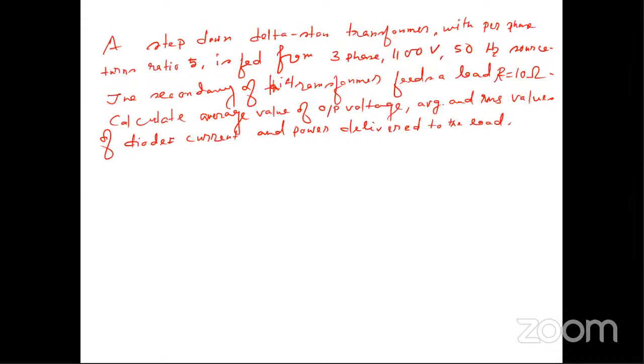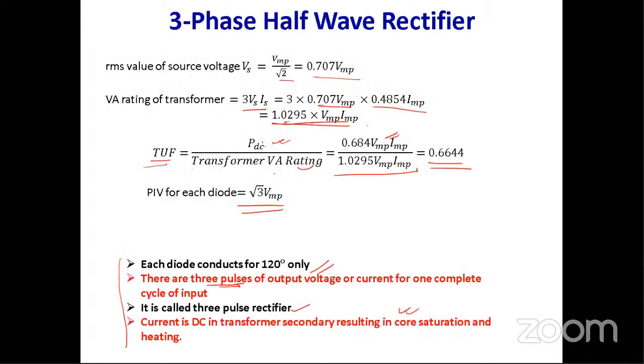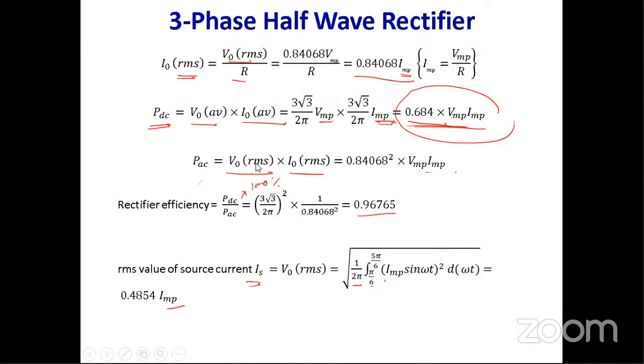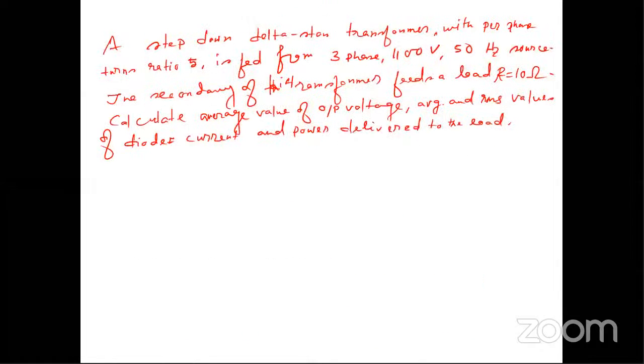অ্যাভারেজ ভ্যালু অফ আউটপুট ভোল্টেজ বার করতে গেলে আমরা অ্যাভারেজ ভ্যালুর ইকুয়েশনটা দেখে নিই। V0 অ্যাভারেজ হচ্ছে 3√3 by twice pi into maximum value of the phase voltage, and এই maximum value of the phase voltage এটা কিন্তু সেকেন্ডারি সাইডের। তাহলে এই ইকুয়েশনটা আমরা ইউজ করব।